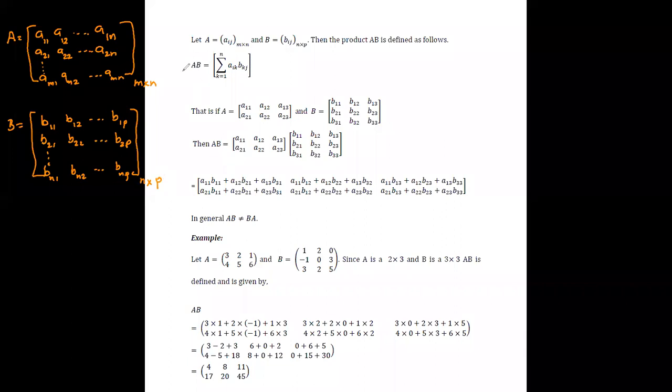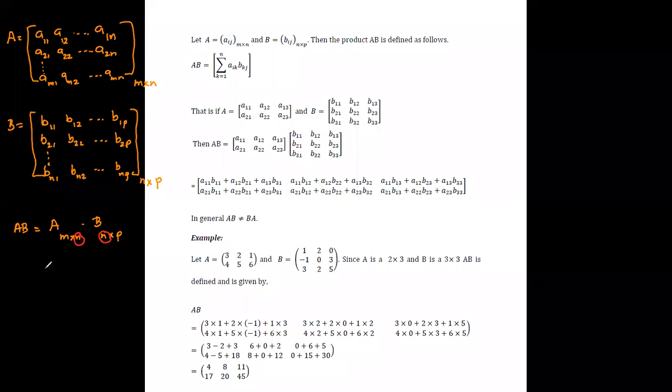Now, if you need to obtain this matrix product, matrix AB, then first we need to check whether the matrices are conformable for matrix multiplication. Then we can check it in this way. Here we have the order of the first matrix. It is an m by n matrix. Then matrix B has the order n by p. Now, if you check the number of columns in the first matrix against the number of rows in the second matrix, you can see that the condition is satisfied.